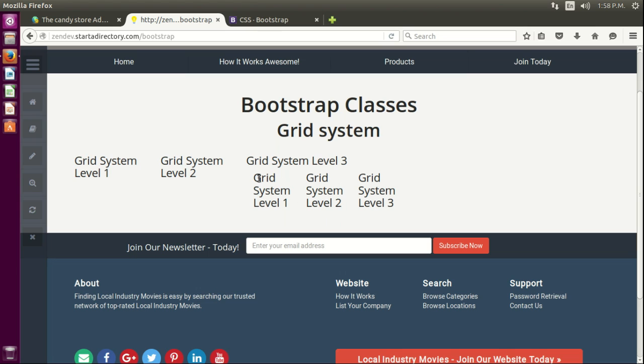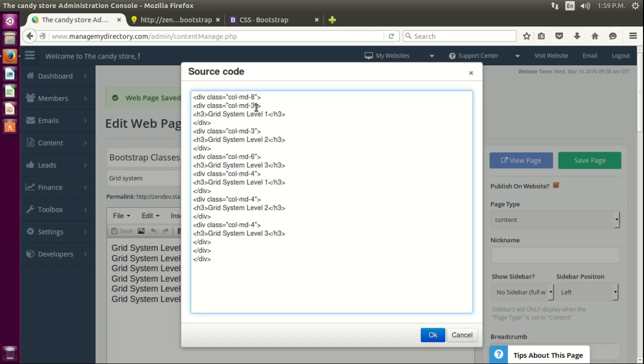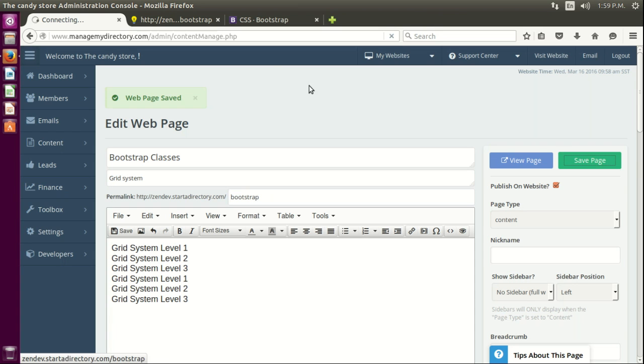So the width for a 12 columns inside a 6 column is obviously smaller than the actual 12 column layout. So you can have columns inside columns, inside columns, inside columns. Okay, but the width will get smaller and smaller. We're gonna change this one to 12, save it,